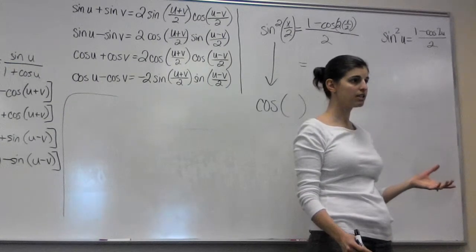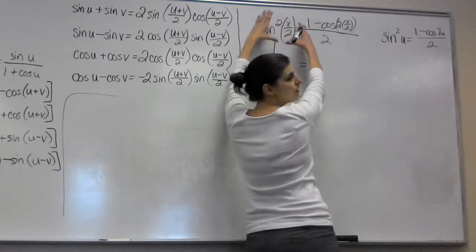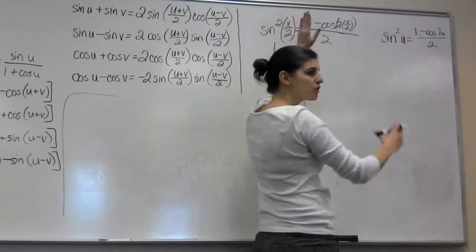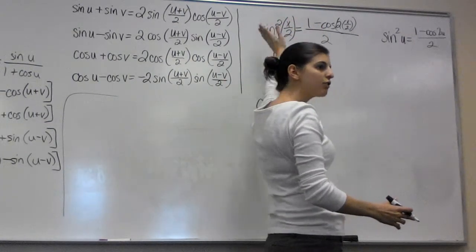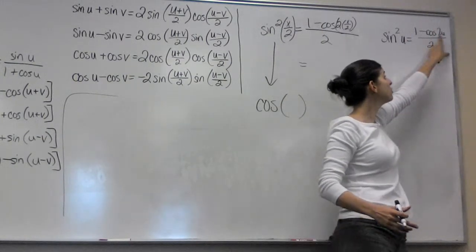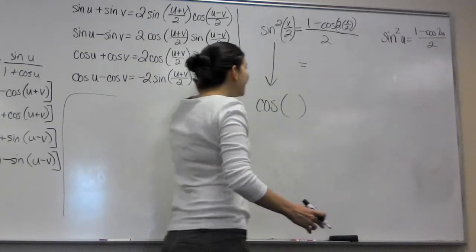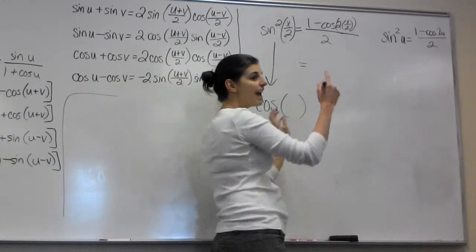Does that make sense? It's like if I were to put this overlaying on that, my u and my x over 2 would be in the same spot. So my x over 2 needs to go in the same spot of all of my u's over there. You don't drop that 2 though. Okay? All right, so, but now